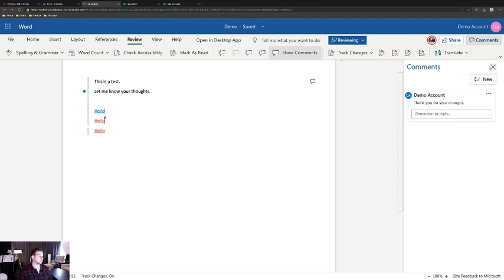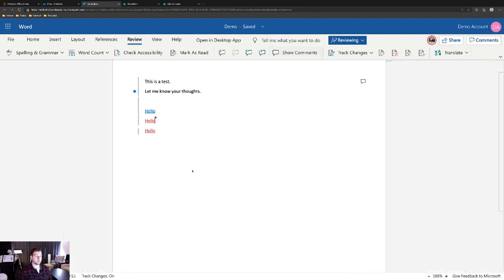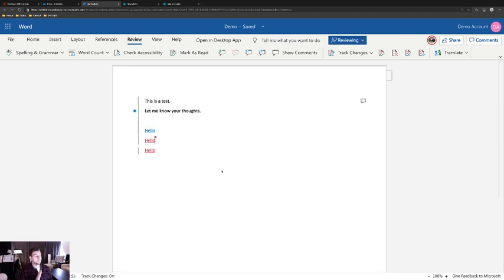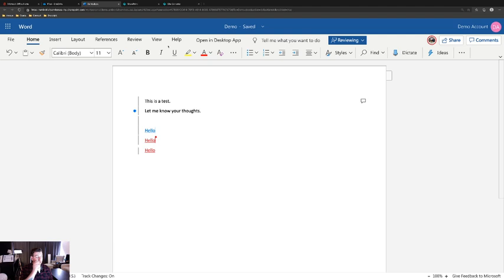I can just click out of this here, and I have full access on the web to access everything that I need to. I can do the exact same thing inside of a word processor. It's the exact same look, everything functions the exact same way, but the review tab and the home tab are where people are going to be spending a lot of their time nowadays